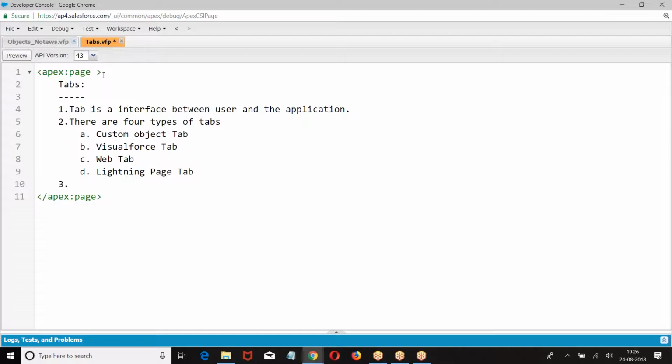Now, we have different views. Tabs visibility. How are the tabs visible? Tab visibility is given as tab hidden.